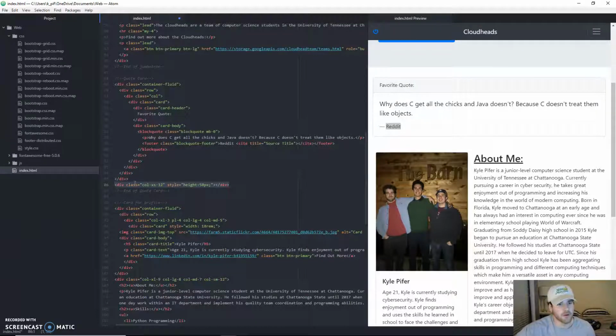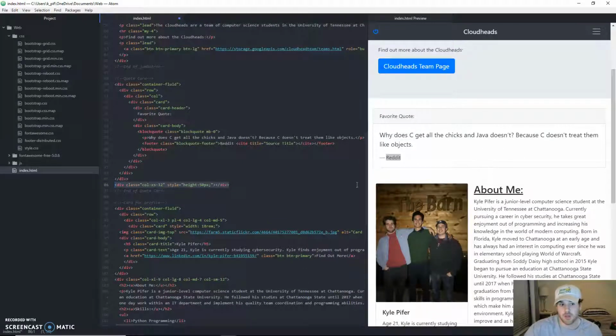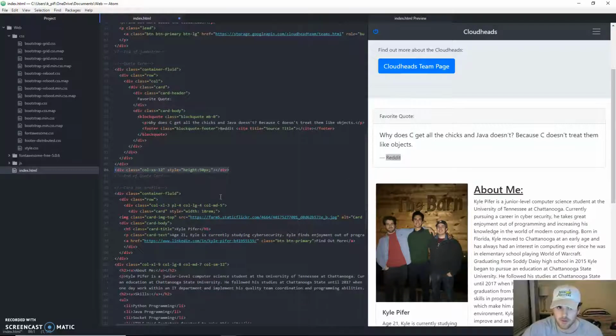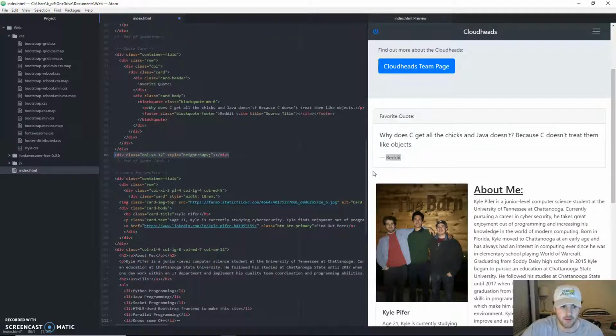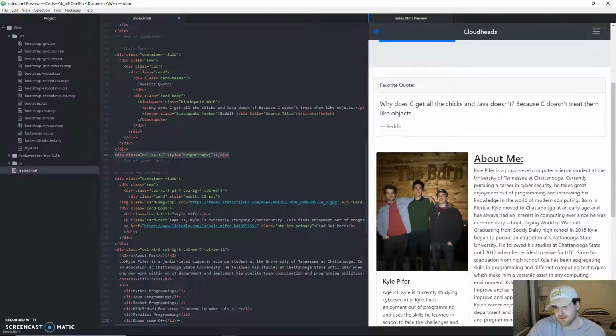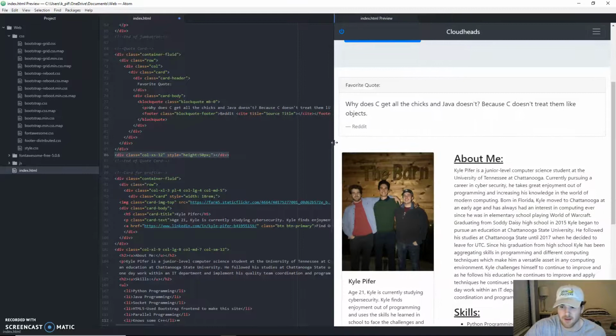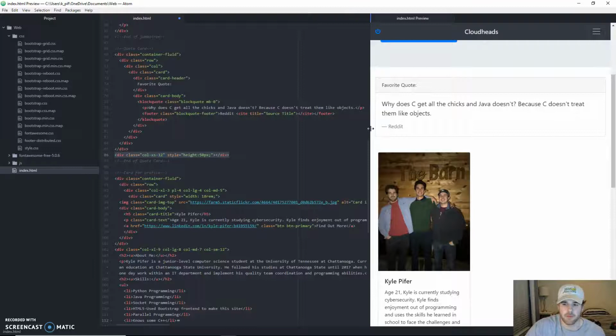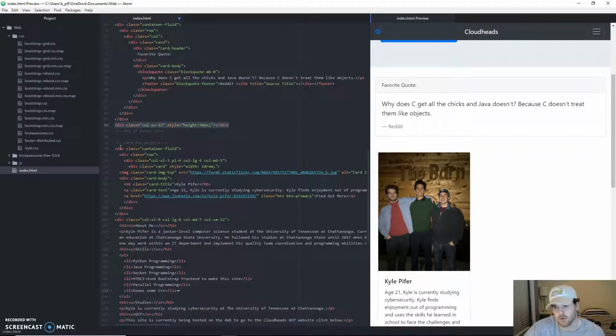And that was code, this is code right here, to add spacing between the quote card and the card profile. I'm sure there's other ways to do it, but I found that this is just the easiest way to do it. So yeah, that's just the spacing for this little white space right here. That's how I got that. I'm sure you could add padding and add margins to it, but this works just fine. I haven't had a problem with this. I'm sure I'm wrong, but